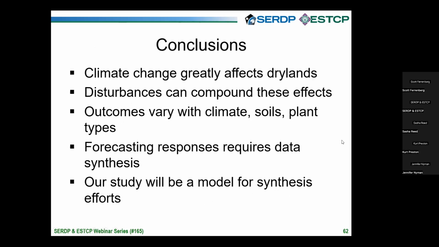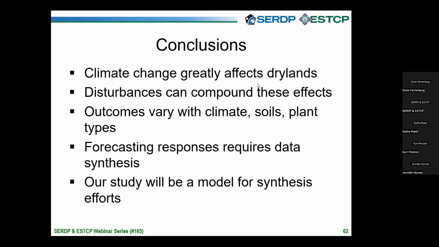Okay, the big picture conclusions. We just want people when we leave today to understand if you didn't think that climate change would affect drylands, well, it can. And a lot of people think that it won't, because when they think dryland, they think hot desert. So they think dry and hot. How can something that's adapted to being dry and hot suffer from being dry and hot?